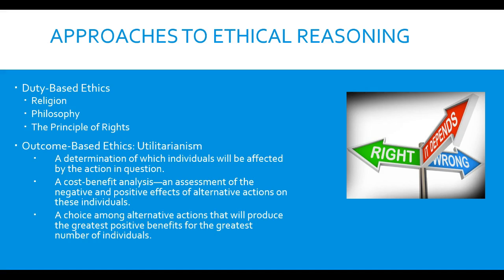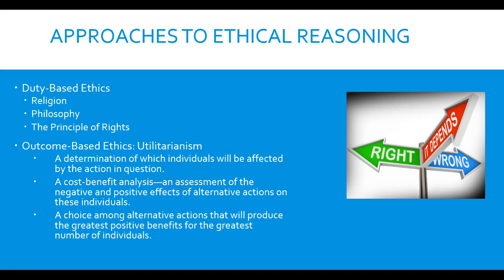Outcome-based ethics, such as the utilitarian philosophy, was developed by a man named Jeremy Bentham, and later John Stuart Mill advanced it, and it focused on the consequences of an action, not on the nature of the action itself or on any set of pre-established moral or religious beliefs. An action is morally correct, or "right," when among the people it affects, it produces the greatest amount of good for the greatest number of people.